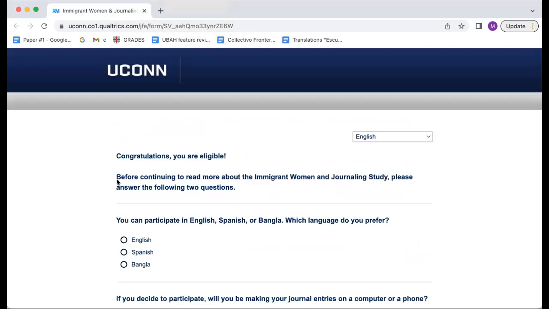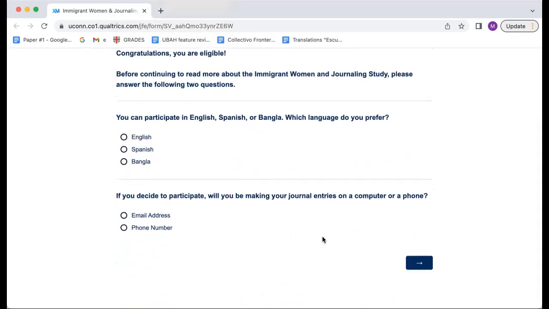Then they will let you know that you are eligible and you'll be able to complete another survey. So you are allowed to answer the two following questions, but to see how you will proceed. So first you pick the language you want to do the project in. We'll say English for now, but there will be tutorials in both Spanish and Bangla if those are your languages